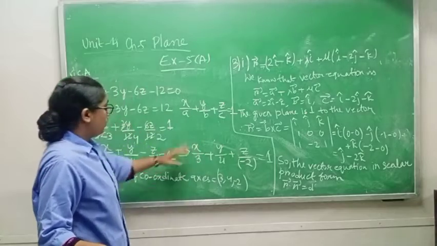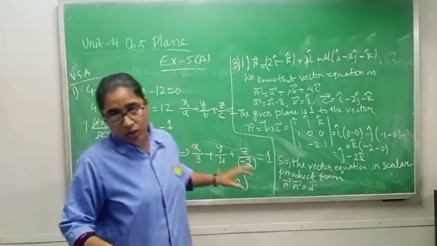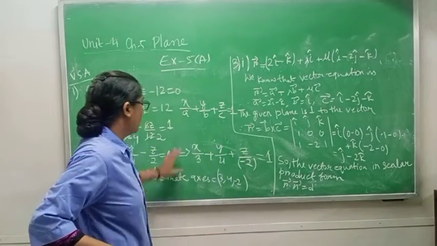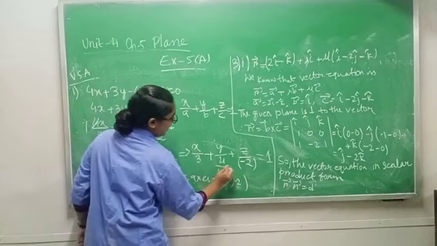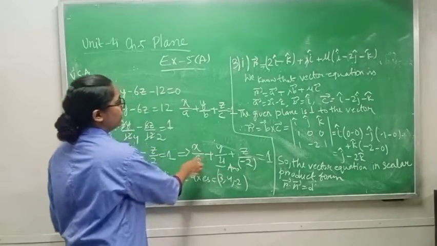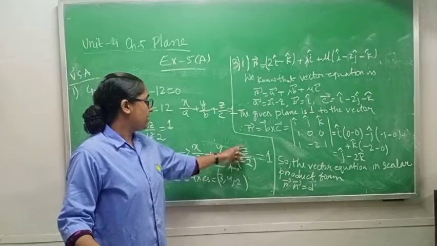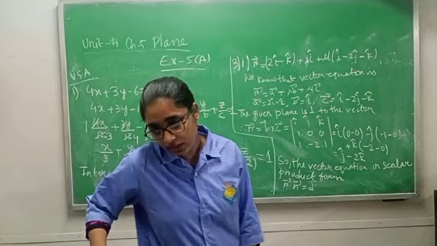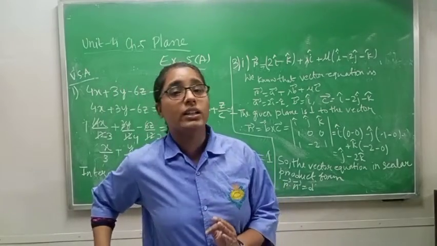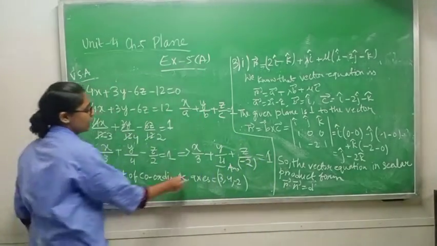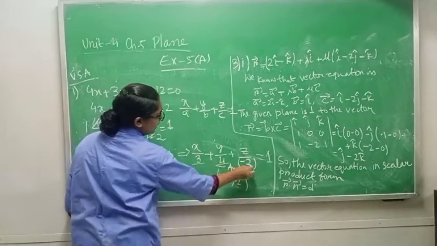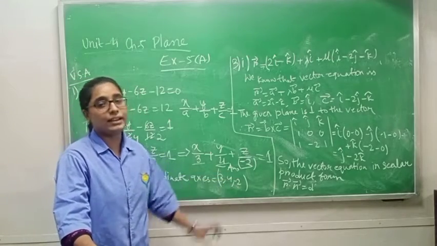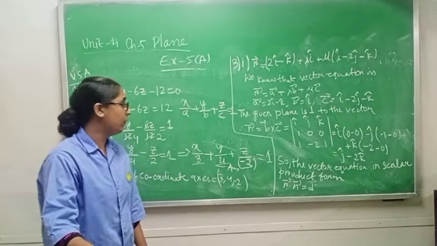Okay, now this one is your reduced equation of the plane in intercept form. So this one is your first answer. Intercept form is x by 3 plus y by 4 plus z by minus 2 equals 1. Now they are telling you to find the intercepts on the coordinate axes. Intercept means they are telling you to find the a value, b value and c value. So the intercepts on the coordinate axes are 3, 4, minus 2. Okay, understood up to here?